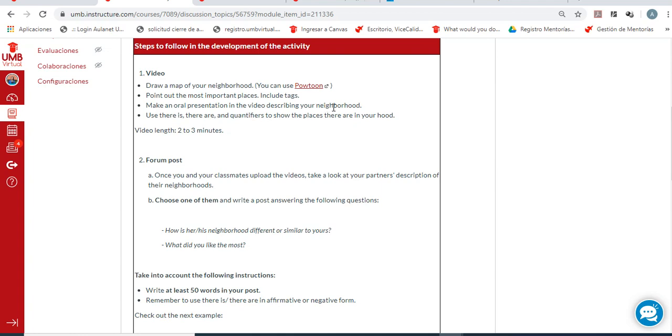Then we record this presentation orally using there is and there are and quantifiers to show the places